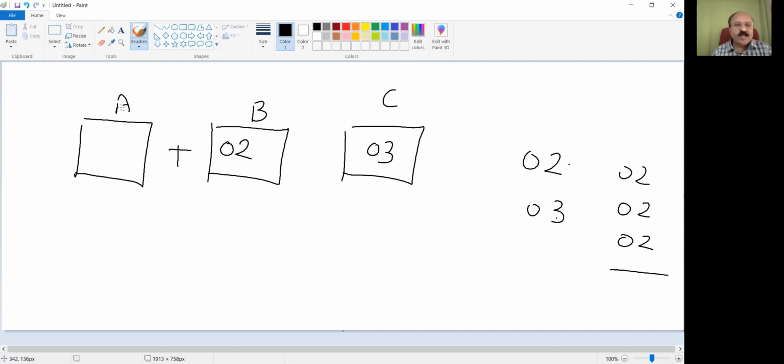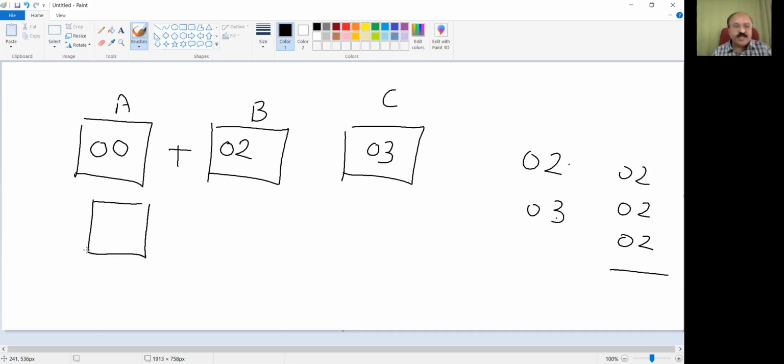Before that, I will initialize A with 00. Because when I execute ADD B, the content of B will be added to the accumulator A and the result will be stored in the accumulator A. Now you must have recognized why this is good practice. If we have not initialized A with 00, what will happen when we say ADD B?